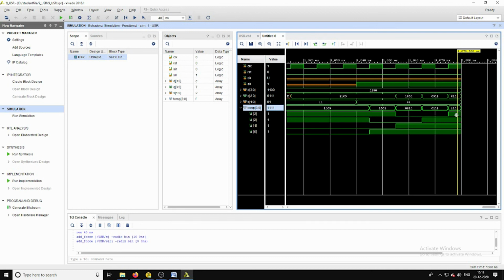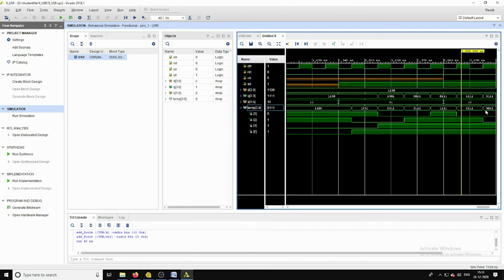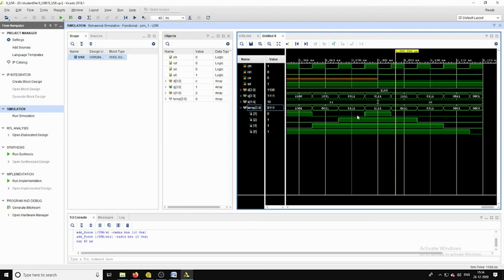Meaning in the next cycle we have to get the output as follows. Initially now it is all 4 ones. Now it should appear like 0 1 1 1. The next one is 0 0 1 1. See, like that we have to get the output. In the first case we are getting 0 1 1 1, in the next case 0 0 1 1, in the next case 0 0 0 1, and in the next case 4 zeros. Initially it is 4 ones.